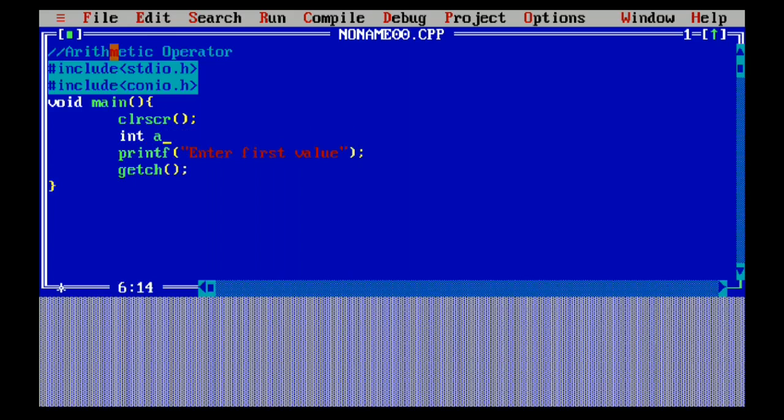So int a, b, comma answer of our addition. So let's scan the first value with ampersand a.